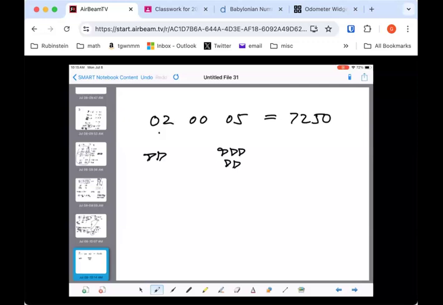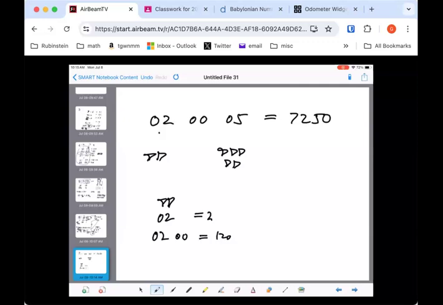But they didn't have a 0 yet. And they didn't know to put a placeholder. So it was really confusing about what numbers they were, different numbers could be written the same way. Just like if I put a 2 here, that might have represented 2. It might have represented 0200,